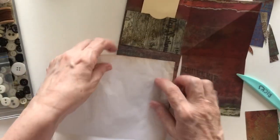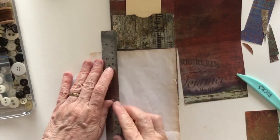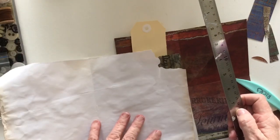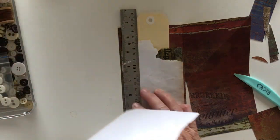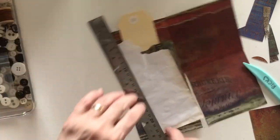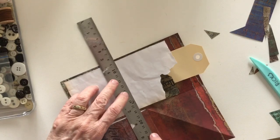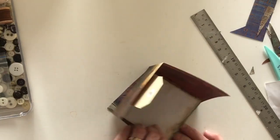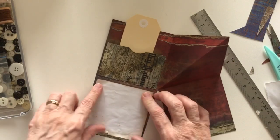I'll just get my ruler, I think, and I'll hand cut this one. I might put it up this way. Still fold that in. Now, if I'd used a lighter paper, I wouldn't have even had to put anything on